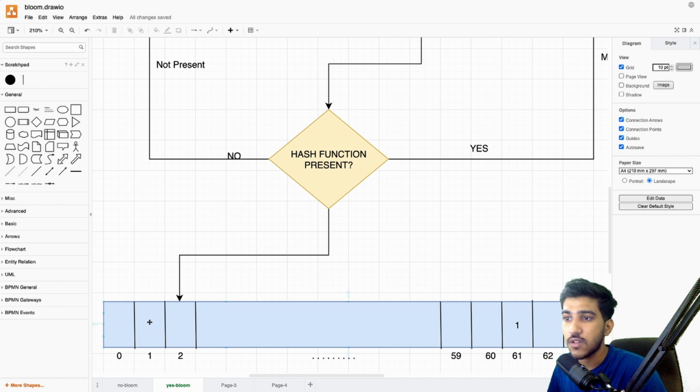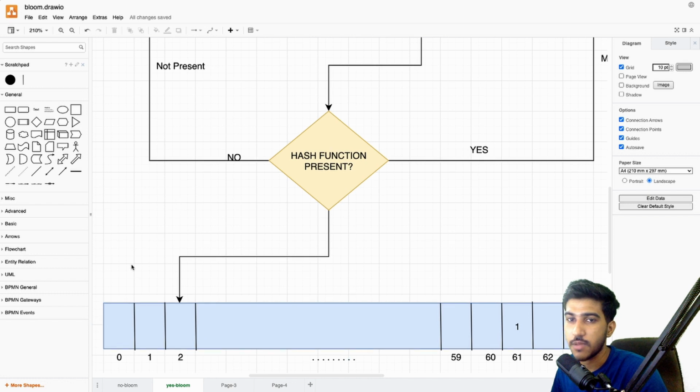Most importantly, if all the bits are set, then there is a high probability of that string being present in the database. Let me repeat that: if all the bits are set, there is a high probability of that string being present. I said high probability, and it's not 100% sure.